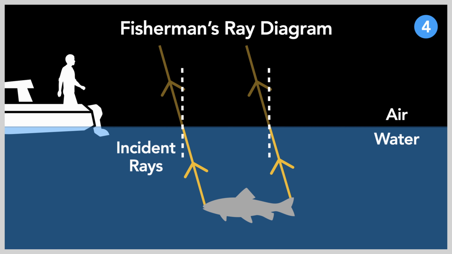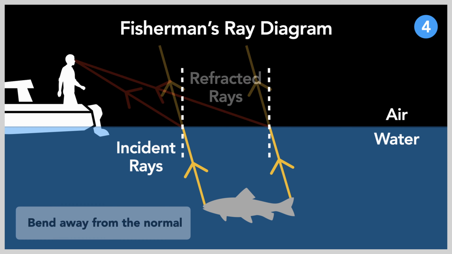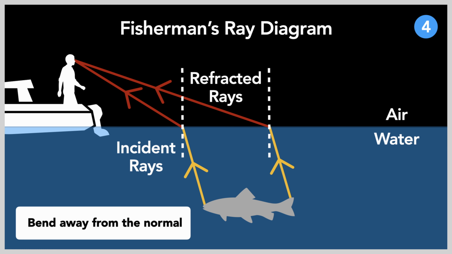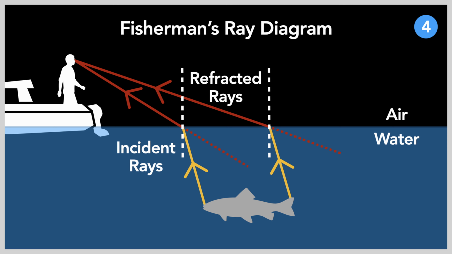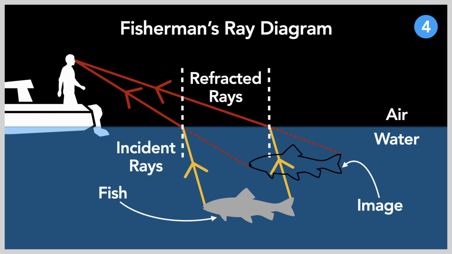Let's imagine where the ray would point. Since the ray is passing out of a denser medium, the refracted ray would bend away from the normal. It should look something like this. The human brain processes light as if it were traveling in continuous straight lines. Thus, we should lengthen the ray of refraction by around the same length as the ray of incidence. The image of the fish would be located somewhere around here.